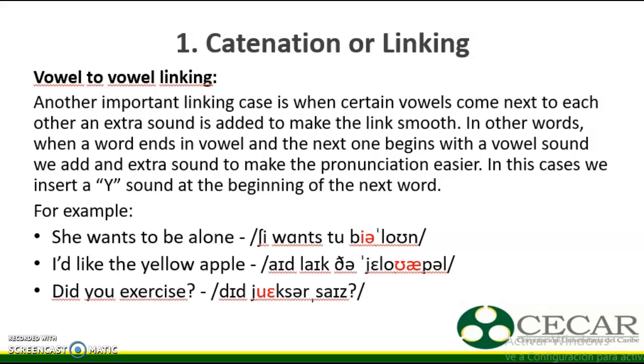In other words, when a word ends in a vowel and the next one begins with a vowel sound, we add an extra sound to make the pronunciation easier. In these cases, we insert a W sound at the beginning of the next word. For example,